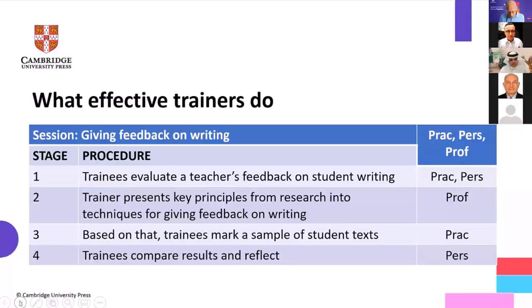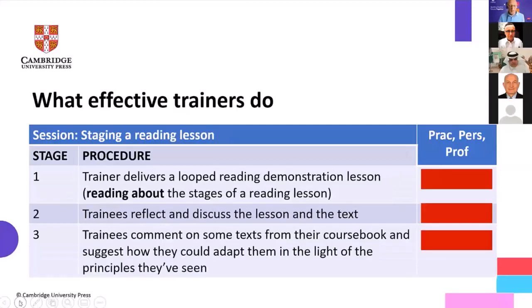So I want to impress on you that this is not about a linear progression like ARC or TTT or the 1960s PPP. This is about making sure that various elements appear within a training session. Here's just another example, a shorter one, three stages in this one. The trainer develops a looped reading demonstration lesson. In other words, the teachers are reading about the stages of a reading lesson. So this is very much a nice example of how you can loop